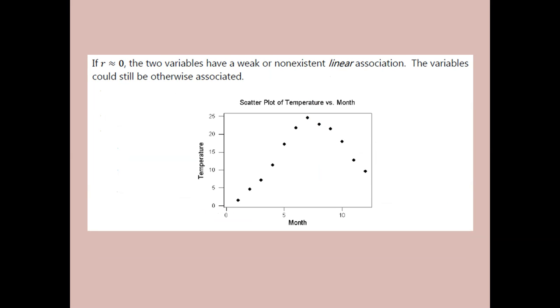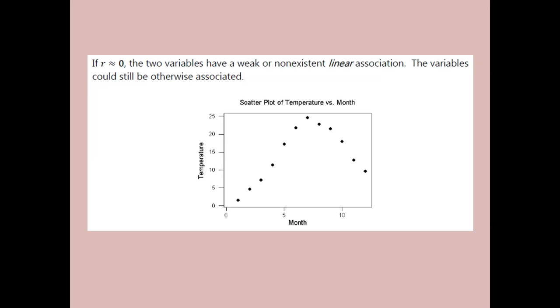Correlation really only measures the strength of a linear association between variables. So it's possible to have a weak correlation, but to have a clear pattern or a clear trend between the variables, just one that's nonlinear. If you look at what's going on here,